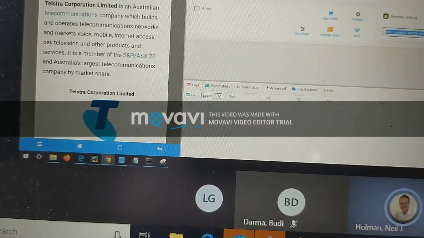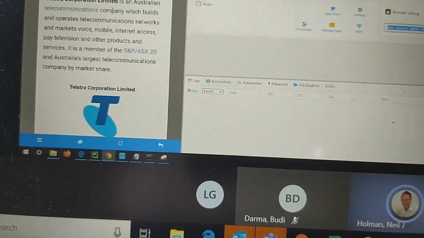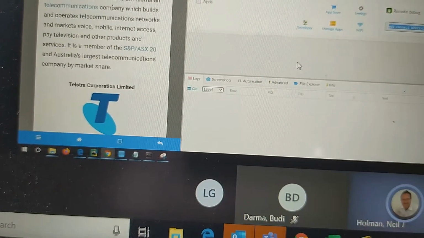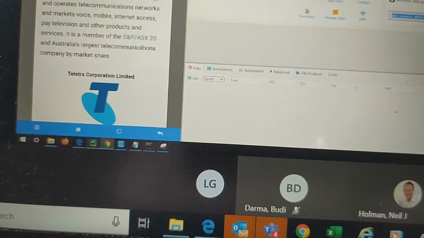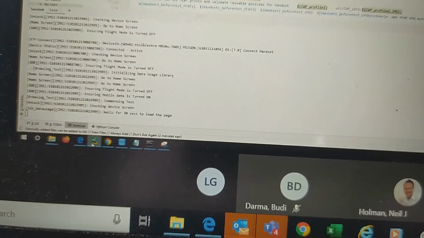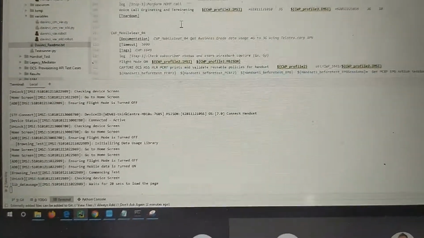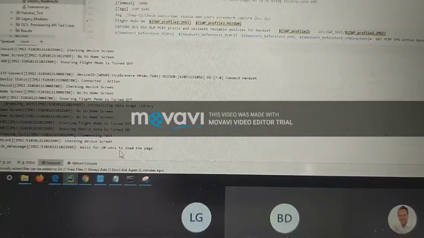It has loaded this page, the Telstra Wikipedia page. As you can see, it will wait. We have written the script so that it waits for 20 seconds to load the page.